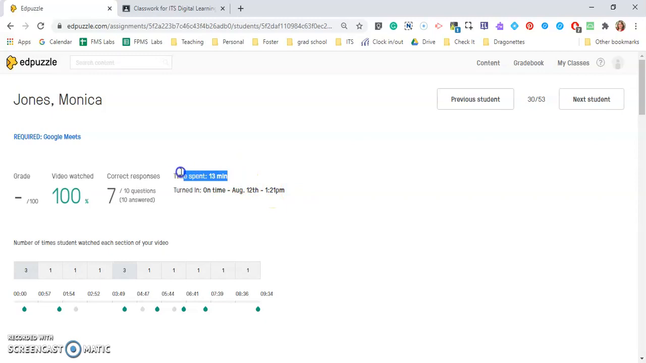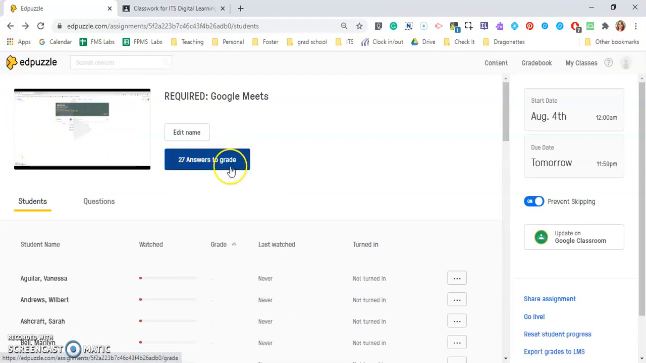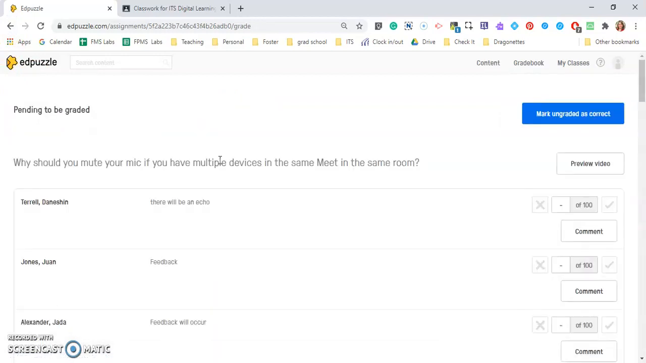This is a really great feature for our asynchronous students. That way we can see how long they're spending on an assignment. By turning on the do not skip feature and then checking this, we can check that they're actually getting their work completed. I'm going to come back up here, and it shows me that I have 27 answers